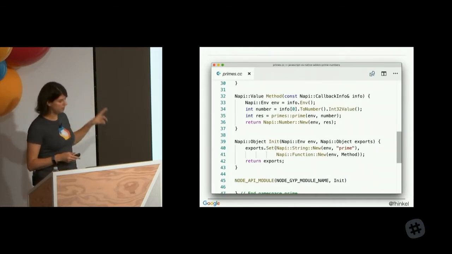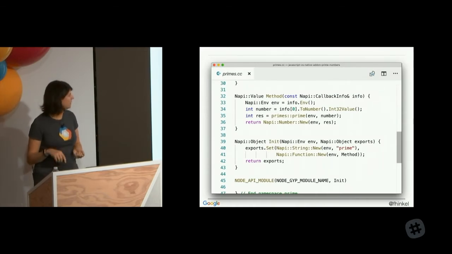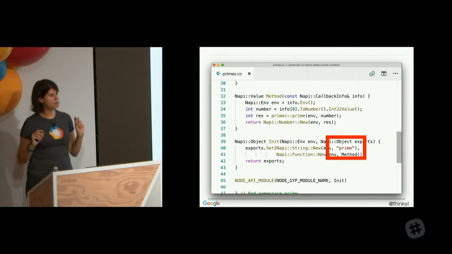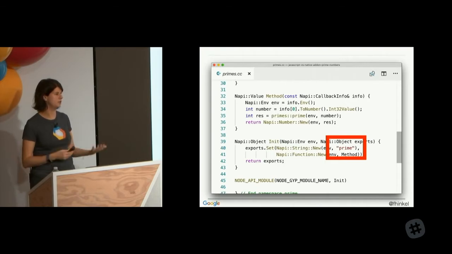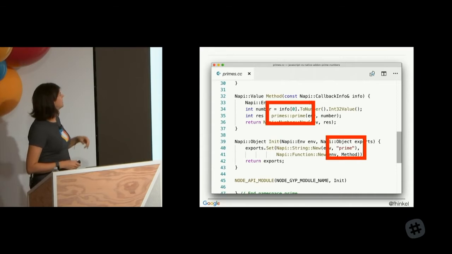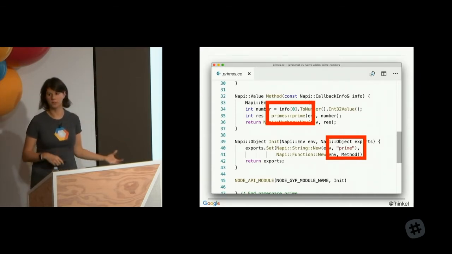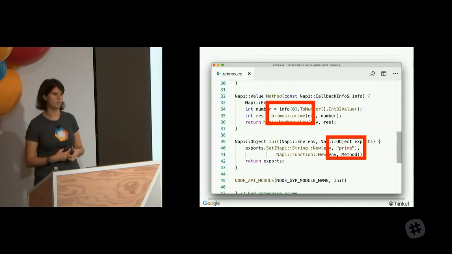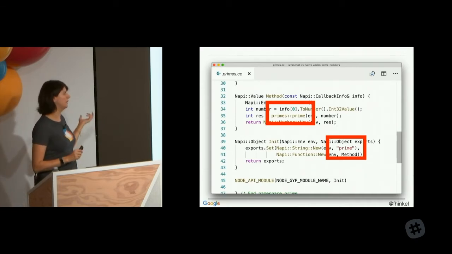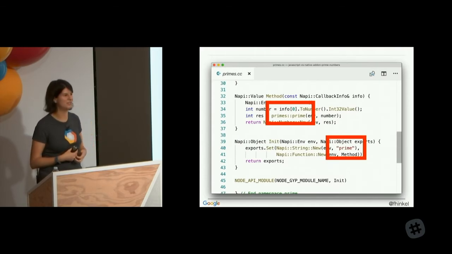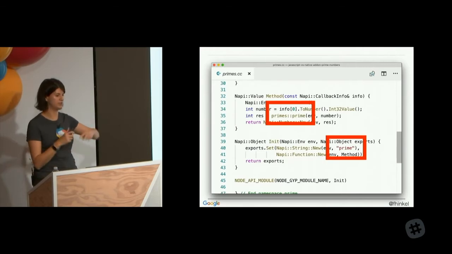And then in the C++ code, so this is my primes.cc, we have the prime number algorithm at the top. There's just a little bit of boilerplate here. In this function, we are wiring the JavaScript string prime to a method, so that when a user that's using your module says module.prime, they're getting the right method. And then for the method itself, we just have to say the method is wired to our C++ function prime in the namespace prime. So this looks a little complicated. In my opinion, it's a typical copy and paste kind of situation, and then you make sure you wire your function names correctly.